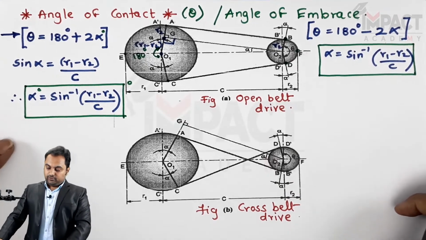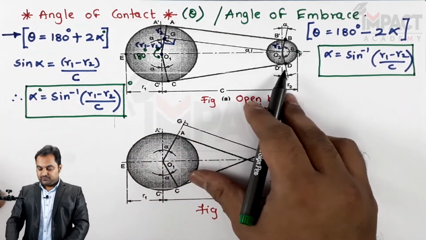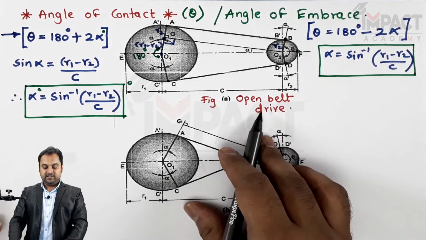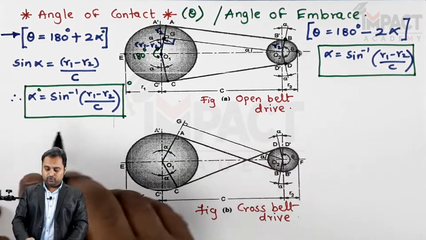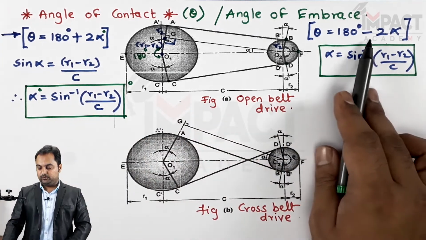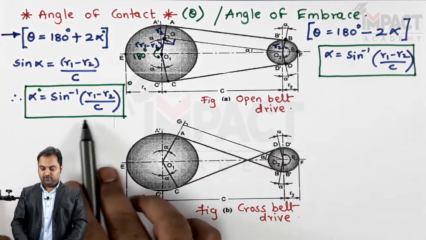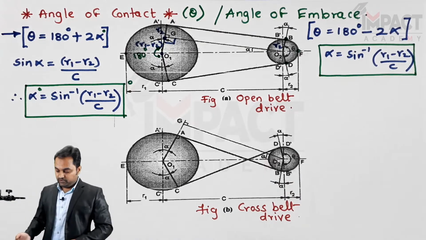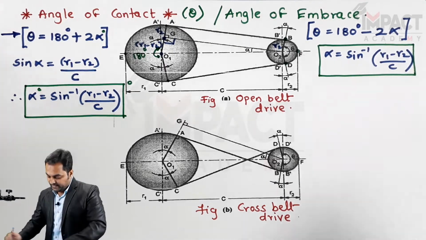So these are the angle of contact for both the larger pulley and the smaller pulley in case of open belt drive. We can see that in case of open belt drive, when it is larger pulley, here we have plus 2 alpha. When it is smaller pulley, we have minus 2 alpha. Alpha formula remains same. Now I would be going on to the cross belt drive,